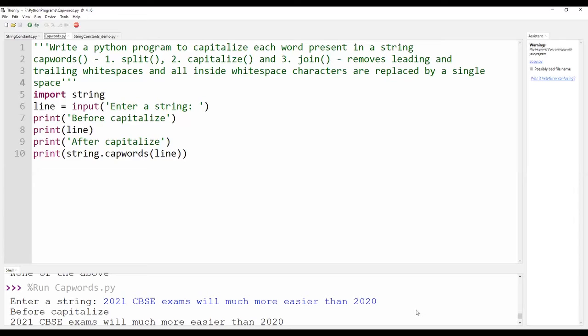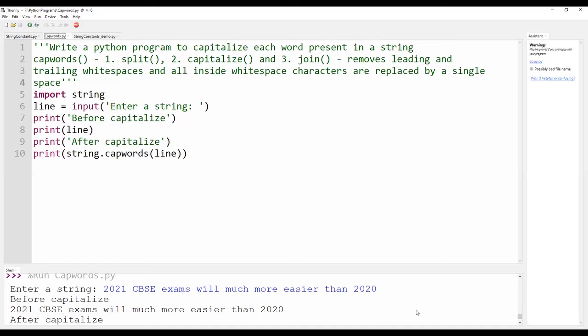So I am trying to print before capitalize. Whatever I have entered as input gets stored in the identifier called line. I am printing the line, and it prints as it is.